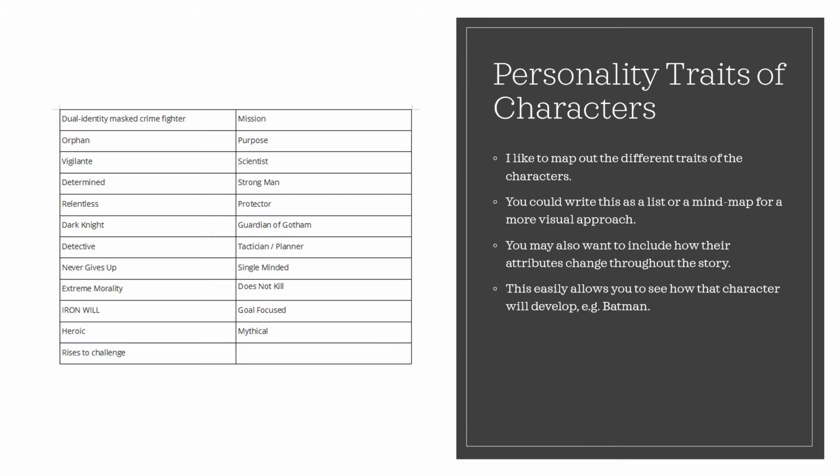Next we have personality traits of characters. Personally, I like to map out the different traits of the characters, because this actually helps me see very clearly what the characters will be like. And you could write this as a list, as I like to do, or a mind map for a more